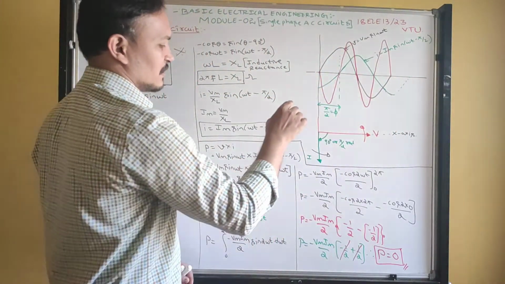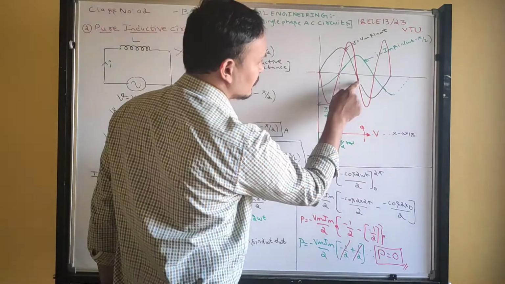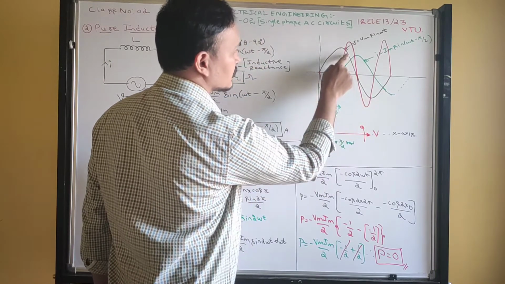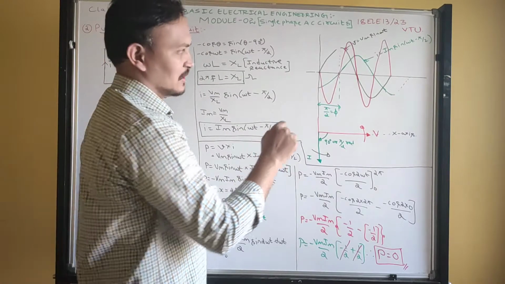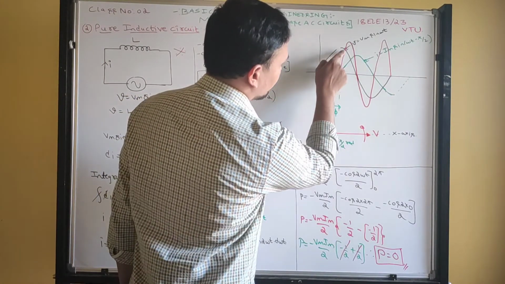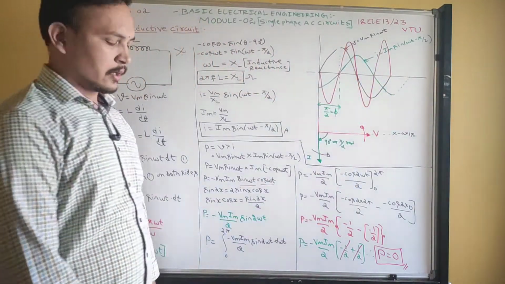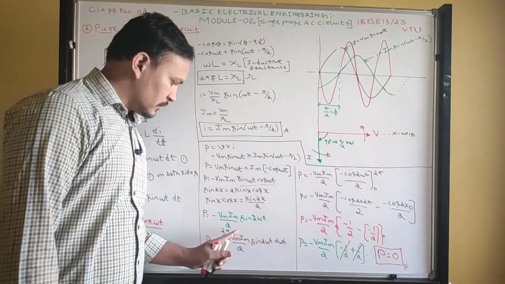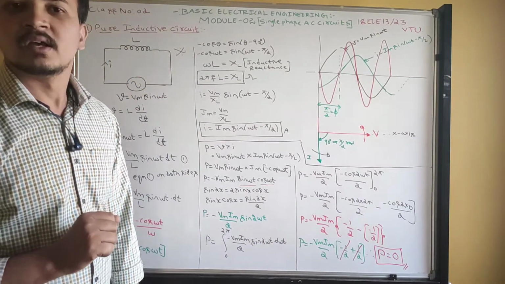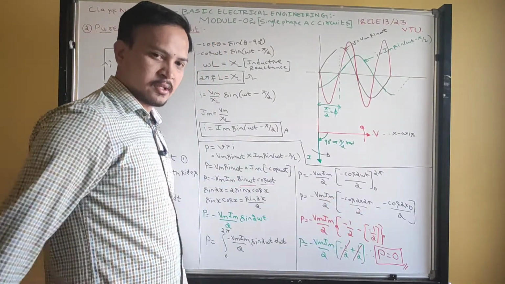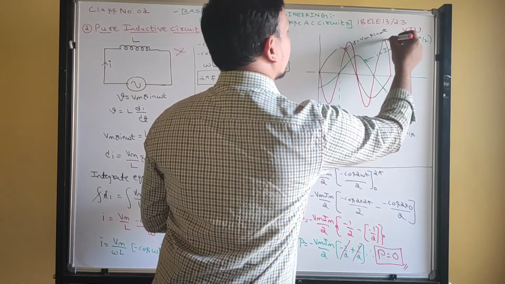See, the meaning is, what is double frequency? Sine 2. What is double frequency? For one voltage cycle, see the black color one. For one voltage cycle, how many cycles do you get in power? 2 cycles. Look at here. This is one cycle and this will be another cycle. Got it? So if I compute the average value of this fluctuating component over one cycle, it is always 0. Same thing we got in derivation. So now this is the power waveform. Red color is the power waveform.